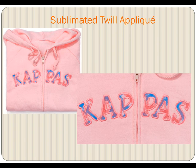And this is a twill material, but it's simply sublimated so that you have a nice pattern on your twill, and you can do a sewn stitch around it with your sew disc. And you can still get that nice pattern look, or a multicolor look, without having a lot of layers to it. So it's just another option, and it's kind of, again, an expansion on your traditional types of decorating for the